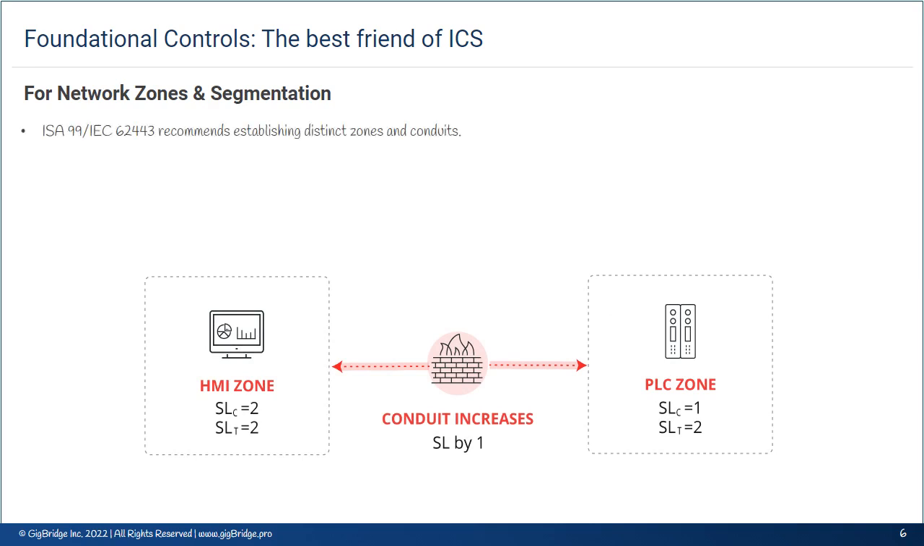Network zones and segmentation. The primary recommendation of ISA 99 or IEC 62443 is to establish distinct zones and conduits. For instance, you should use an industrial protocol-aware firewall to facilitate communication between zones. Zones are the organization of specific devices that perform process functions to reduce the impact of cyber events on an industrial